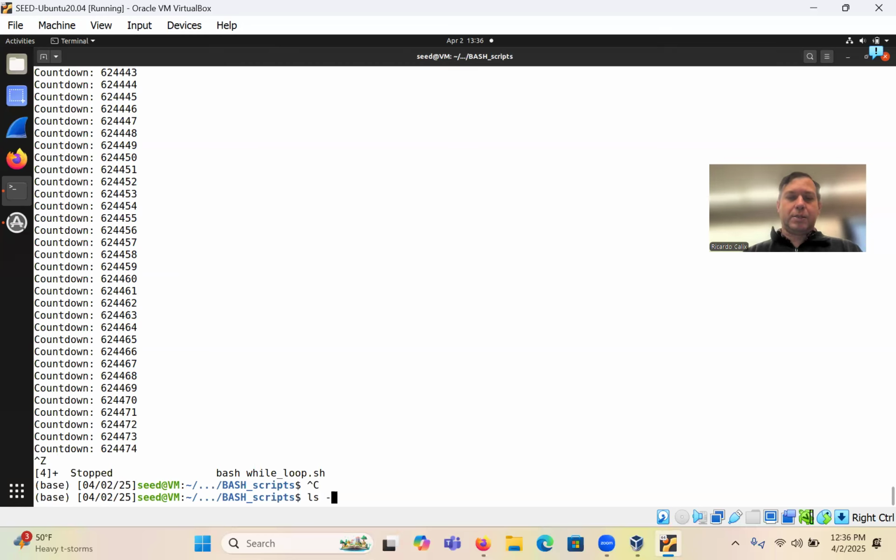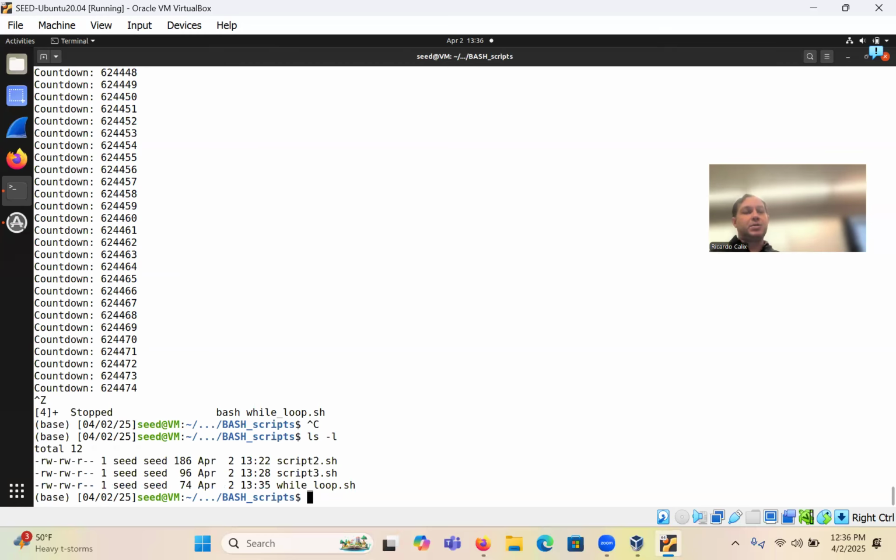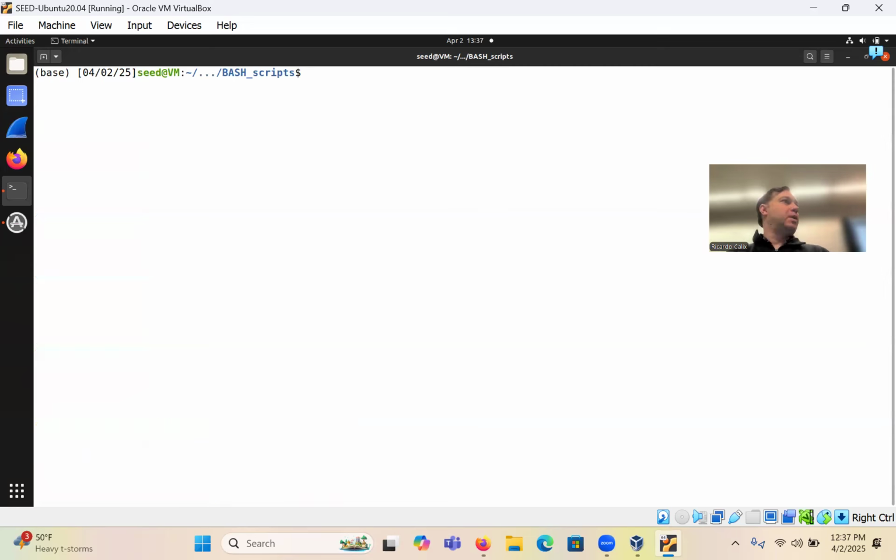All right, so ls -l. We got 3 scripts there. So good. We did a while loop. Now I have a for loop, so let's take a look at that one. For loop sh. And again, use bash instead of sh or dash. I'm going to use the same approach. I'm going to hit clear. Obviously, if you wanted to use dash, I'm sure you can. You just have to figure out the precise syntax.